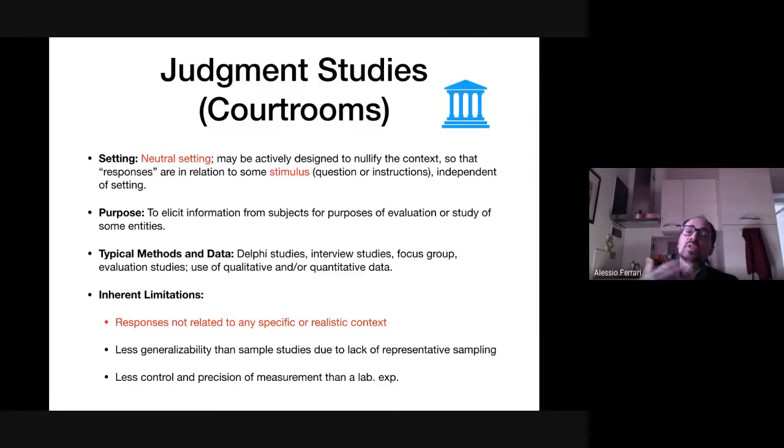So you do this study when the knowledge required is extensive and few people know it. Typical methods are Delphi studies. Delphi studies are basically similar to brainstorming, but not the same. Let's say you have different subjects, they give a judgment, and then independently, so for example, you decide how good this method is,